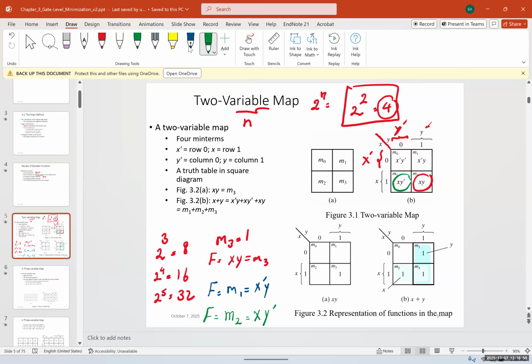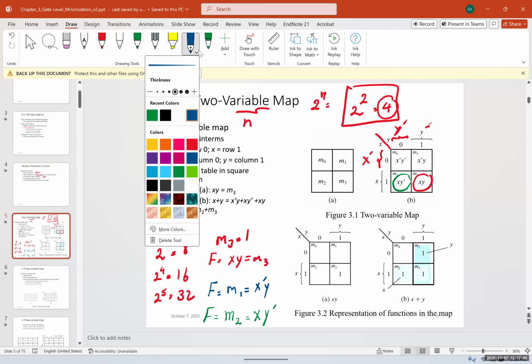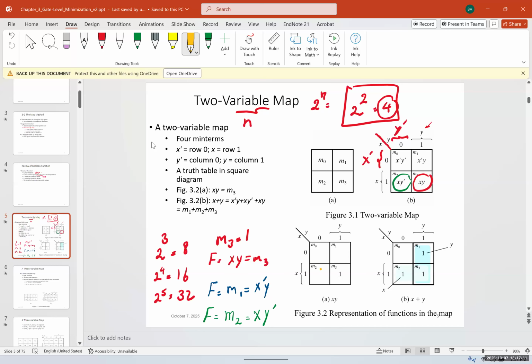Okay. Now, let me do it with a different color. Let's say, I don't know, orange or yellow. So what if 2 of them are 1? So I have 2 1s. I have a 0 here. I have another 0 here. If I have 2 1s, now I can combine these two together. And if I combine these two,